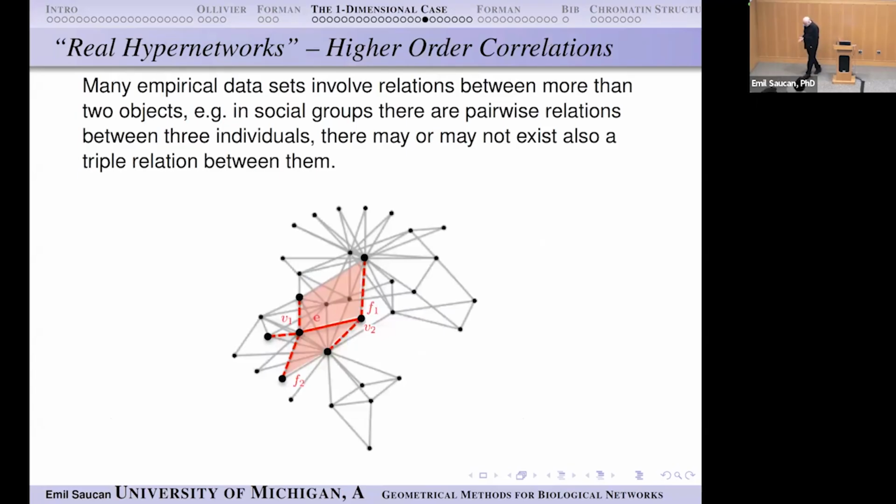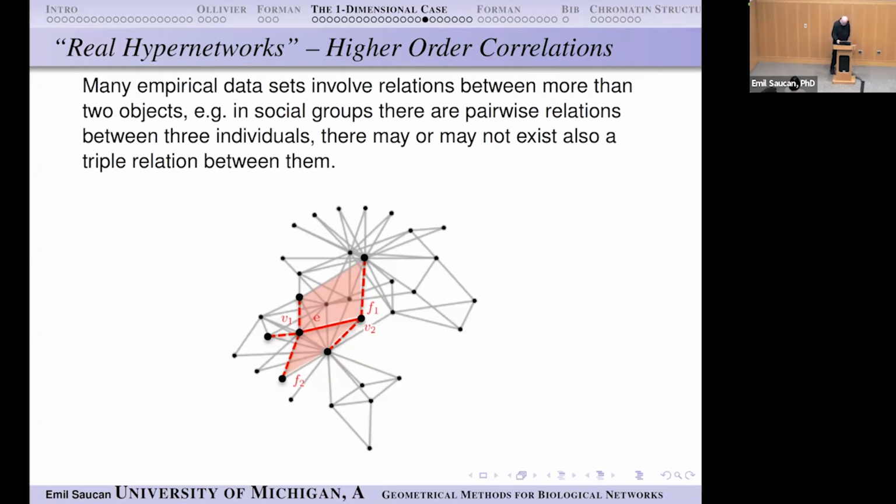But more interesting networks are those which have higher order interactions. So we three might know each other, I mean, Lika, Minja, and myself. We might talk to each other, but this doesn't mean that the three of us have a paper together. If three of us work on a paper, then we put in a full triangle. If we four work together, there's a tetrahedron, and so on and so forth. So in fact, hypernetworks can be